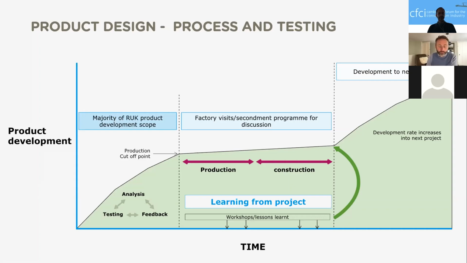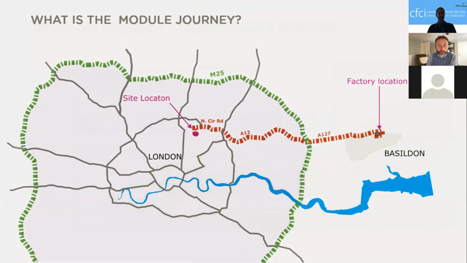Then we think about modules, the journey of a module. The physical question is, what is the actual journey? Where is it going to? Because that makes quite an impact on how you're going to design it. And where has it got to go? So in this shot, for example, if you're going past the M25, then you're going to have very different restrictions on what size of module you can get there, and that's really going to impact on your architecture for your spaces and how that building will ultimately look in the end.